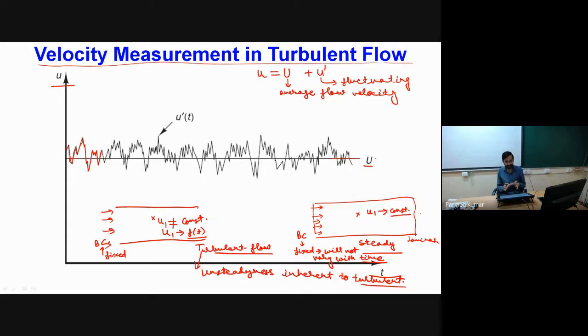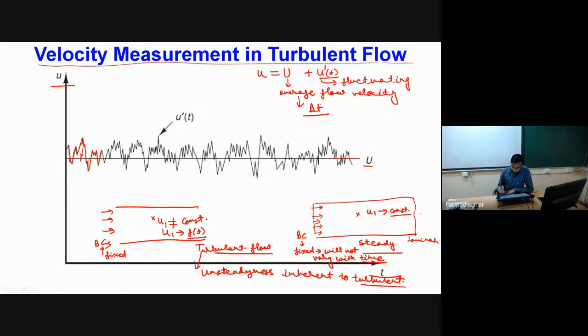So this mean represents the average representative of the velocity, and in order to account for the fluctuations about the mean, we have added the term u dash. At this time u dash is this particular magnitude, at another time u dash is some other value. So u dash is a strong function of time, whereas U is something we have taken as an average value, and this average we calculate over some time period delta t. How to decide this time period delta t, I'll explain in the subsequent slides.